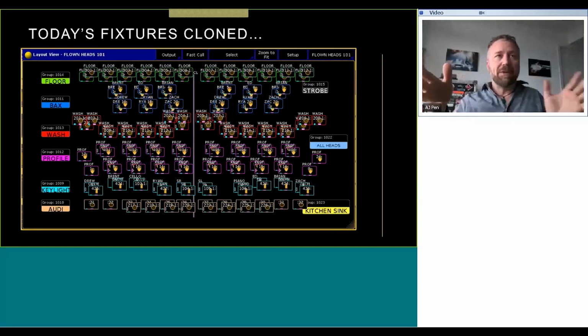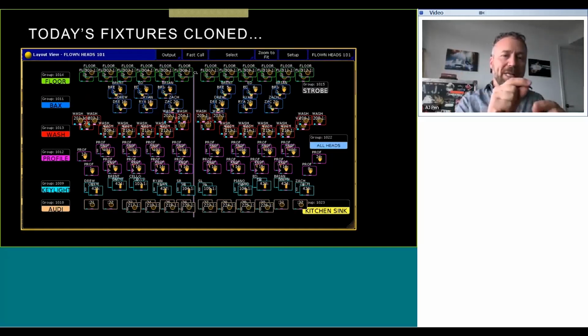Well, boom, you get this more cluttered look. And it looks a bit cluttered, but it's actually quite logical. Now you've got a copy of each one of their lights on top of where you're used to seeing them in your layout, and it's got their fixture number. So even though the fixture number means nothing to you, his fixture number 17, I didn't call it 17, I called it something completely different. But you can say, hey, fixture 17 needs a look at, or something like that. You can communicate with the locals a lot easier that way.